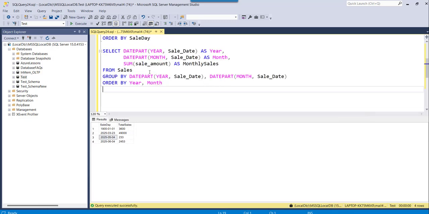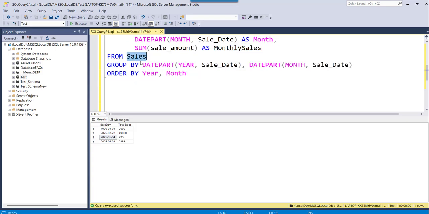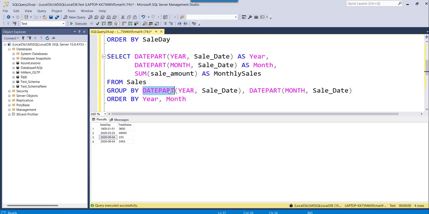Okay. So what we are trying to do here is, let me just zoom in a little bit, so you are able to see. We are using the DATEPART function. Select, then DATEPART, here we are passing year and the date column, that is sale_date as year, and then the DATEPART function again, month, and then this is the date column as month, and then SUM we are doing the sale amount as monthly sales from the table sales, and then GROUP BY, here is the important point